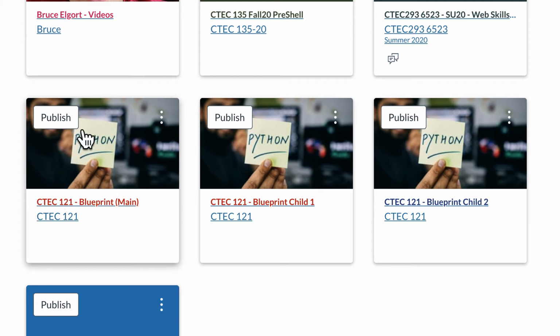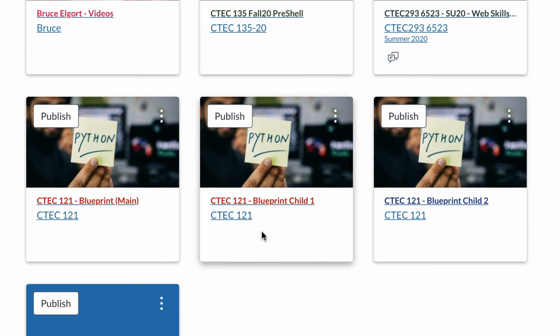So this is the main Canvas shell, which I'm going to use to push changes to, right, these other two sections that I have. They're separate sections, and these are our test courses right now, but I do have multiple courses in the fall of 2020 where I'm going to be using this because it's going to save me time, money, and I guess it's too late to save my hair. But let me take you to the Blueprint Main.